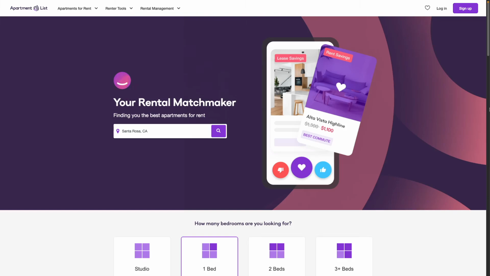I'm a UX designer, and today we're going to be doing a quick UX breakdown of apartmentlist.com. A UX breakdown can be thought of as a mini audit, meaning we're going to go over one or two aspects of apartmentlist.com and reflect on the wins and losses of the experience and discuss maybe some of the strengths